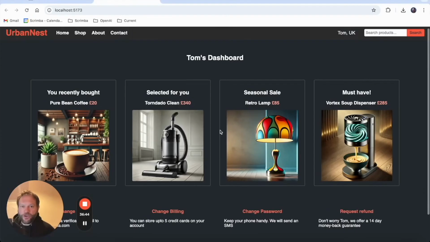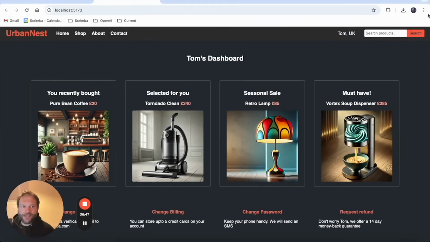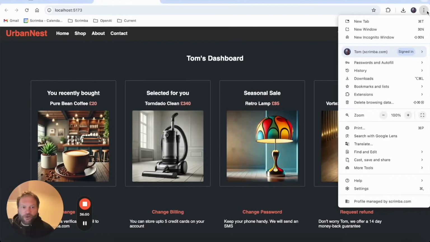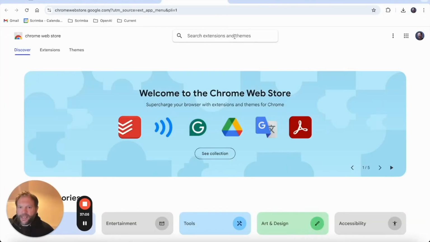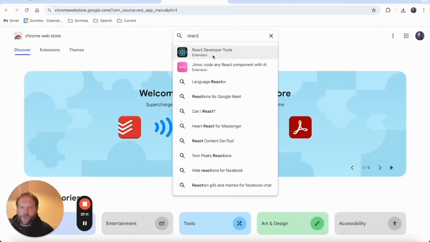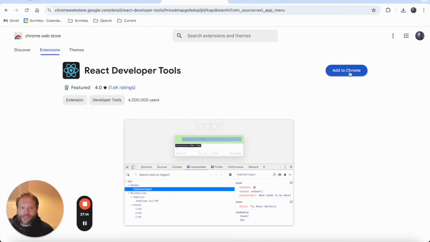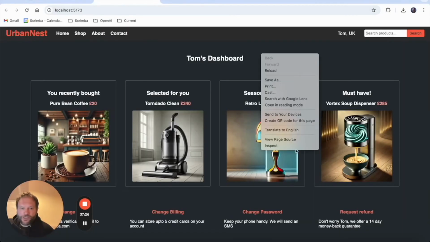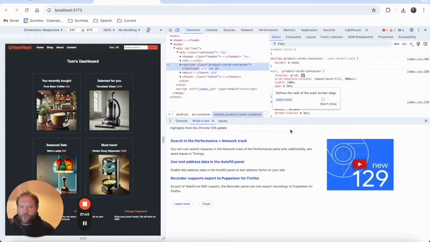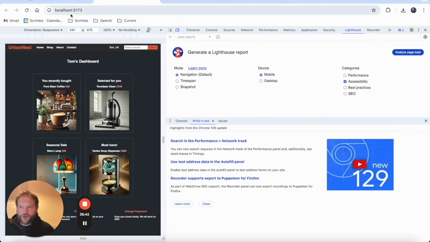Okay, now we've got that working, I want to show you a really cool Chrome extension. Let's come up here to our Chrome settings, go to extensions, visit Chrome Web Store, and again, we'll search on React, and this is the one we want, React Developer Tools. We're going to add it to Chrome. And now let's go back to our layout and we'll just open up the DevTools. And what we're going to get from this extension is a couple of options right in here. And actually we're not, because I need to do a refresh. And now when I click on these two arrows right here, we'll see two new options, Components and Profiler.